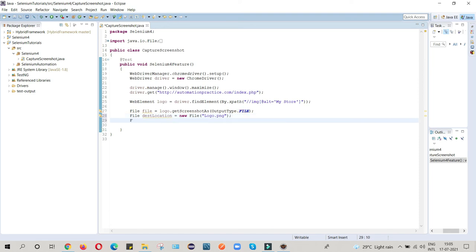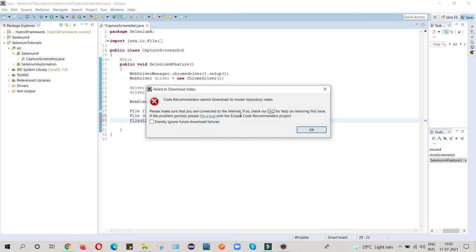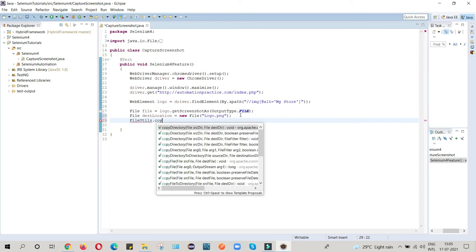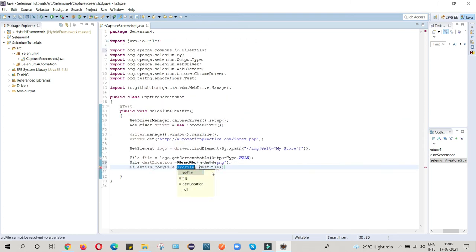Now we will write FileUtils.copyFile, and here I will provide the source location and destination location.